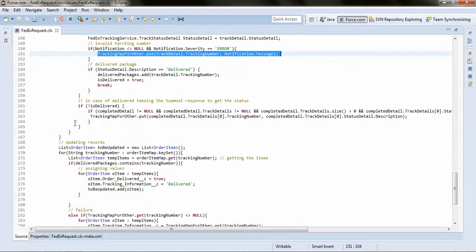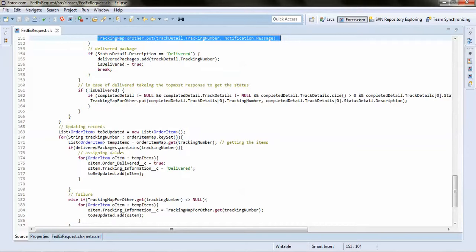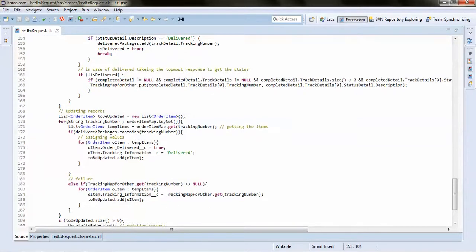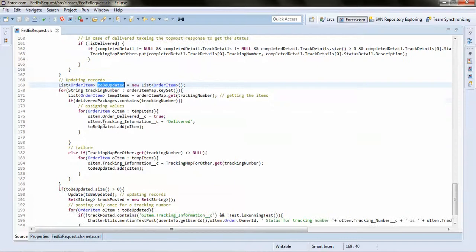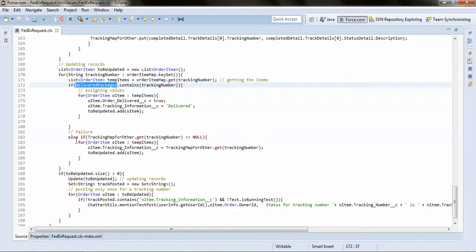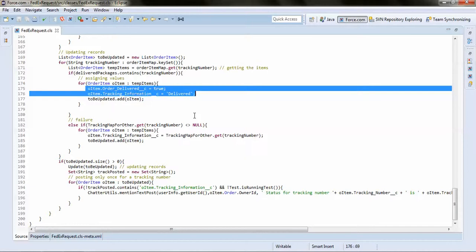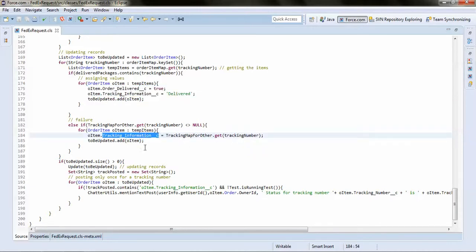Once all the processing is done, I come to that updated list, where the list of order items to be updated, and I'm iterating through each tracking number, checking whether the tracking number belongs to a delivered package or other, and based on that I set those values like delivered, and in every case I'm updating the tracking information.